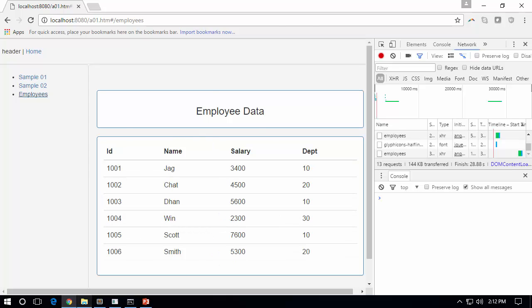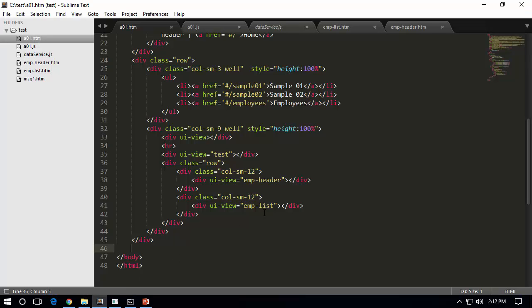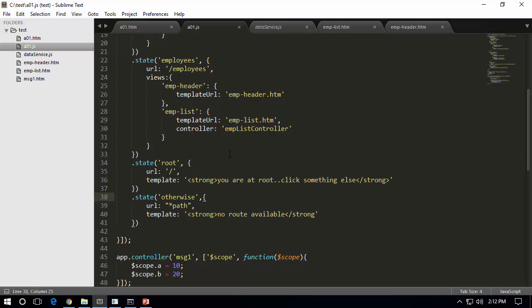So for that purpose, I'm going to actually add a new view, and I would like to call this one as EMP detail. Now you can see I have something like 1, 2, 3, 4, 5 views as part of my same application. Okay, so now I go back here, and I would like to specify another state,